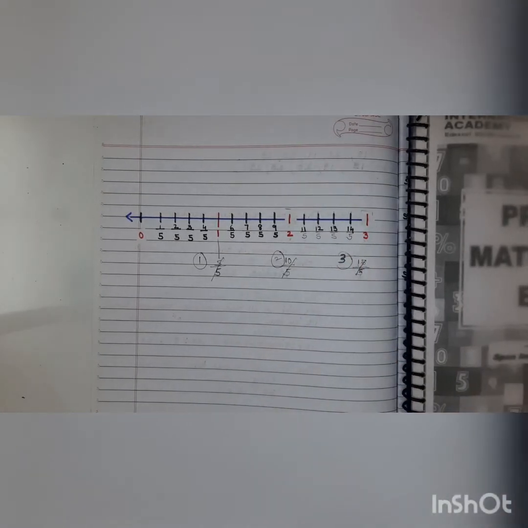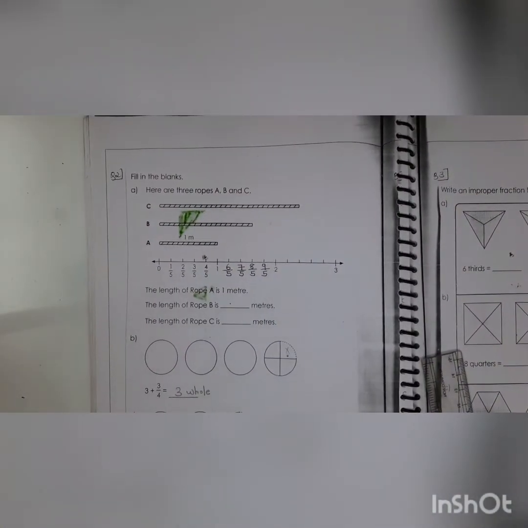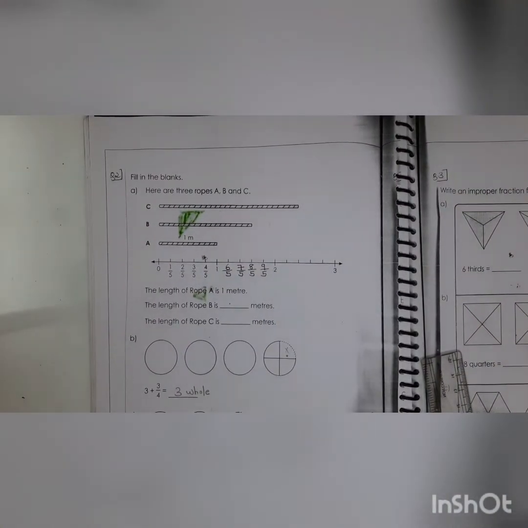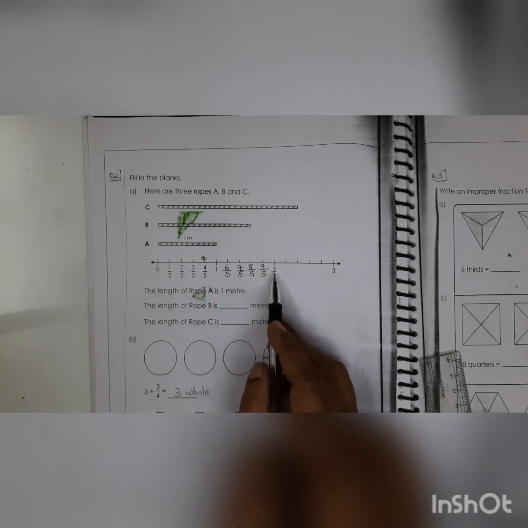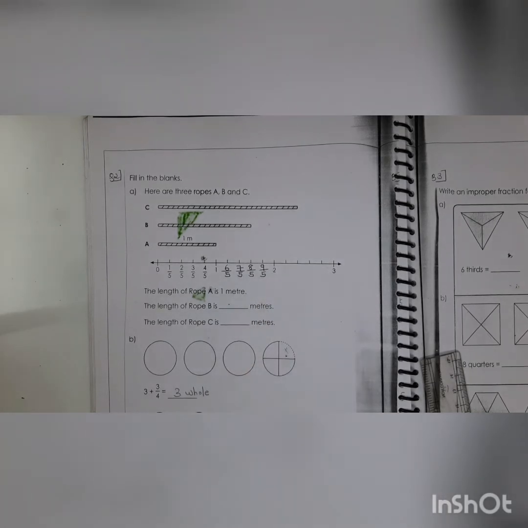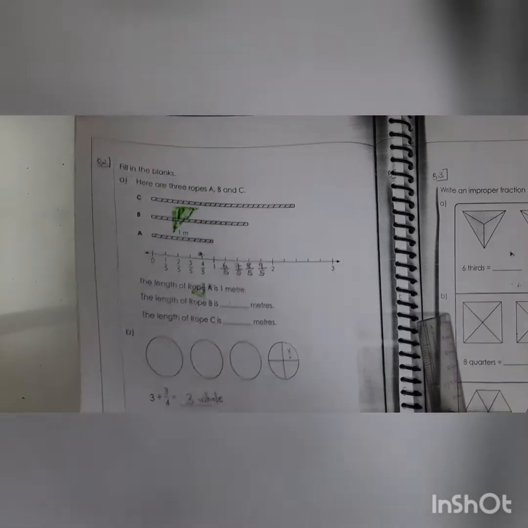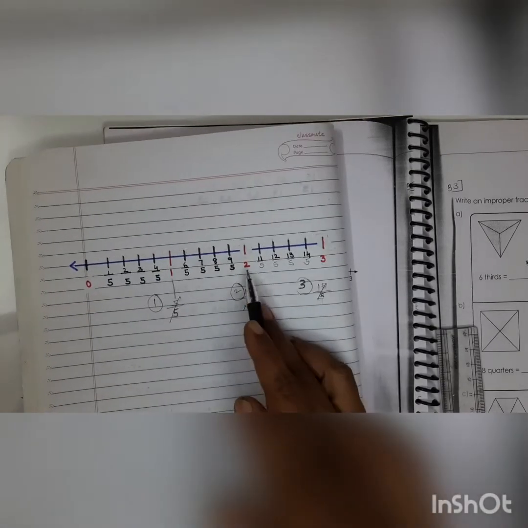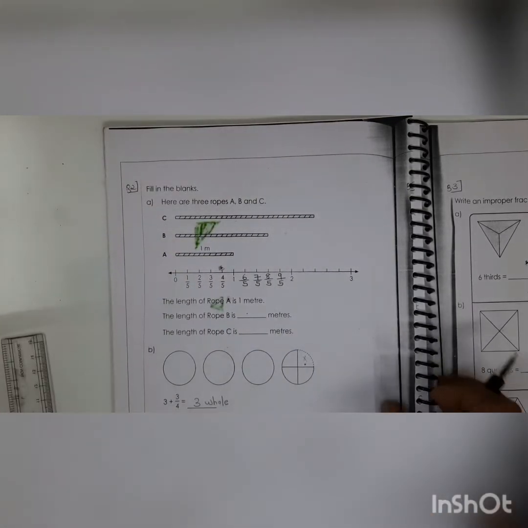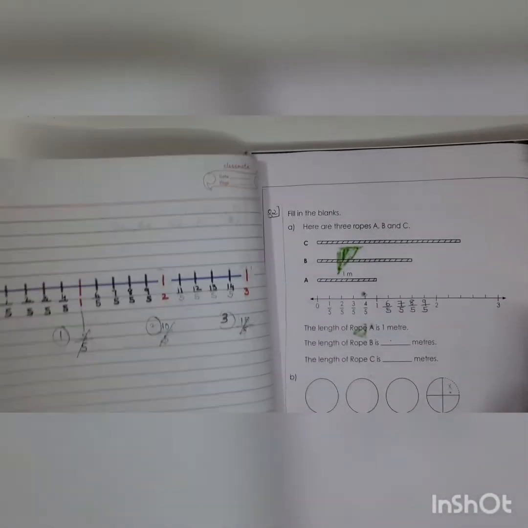Now let's start with this rope sum. Now children, I have written here the same number line because the print is not clear. This is a photocopy. So that's why I have done it there. So this will be what, children? This will be 10 upon 5. Now after 2, what do we have here, children? Look at the same number line, children. Now, after 2, what should I write here? Let me just fold this book. Okay, so you can keep it like this.